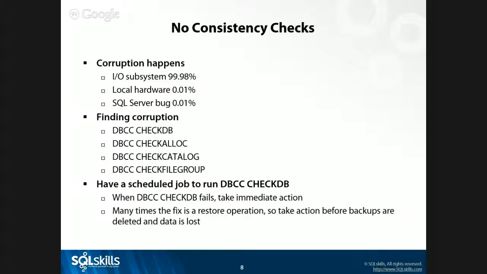So how do you find the corruption? Running DBCC CHECKDB. How do you stress your storage subsystem? Running DBCC CHECKDB. Meaning, when you run this, run it during a maintenance window, off hours, not during your peak time. If you have a restore validation server in place, you could offload running CheckDB to a secondary server. You don't want to only run CheckDB on a readable secondary if you have availability groups, because the corruption again happens 99.98% at the disk subsystem.